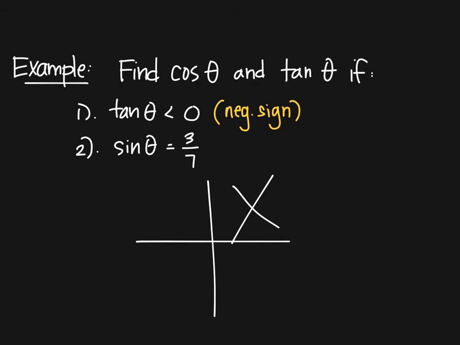So could I use one of the other quadrants? And the answer is sure. Could it be a reference angle in quadrant 4, or could it be a reference angle in quadrant 2, or where could my reference angles be? Let's start with 4. It could be 4 because 4 has some negative stuff in it. So draw a possible arbitrary reference angle. When I say arbitrary, that means you don't have any numbers labeled on it yet. We will put some numbers on. Okay, if we put our theta where it's supposed to be,